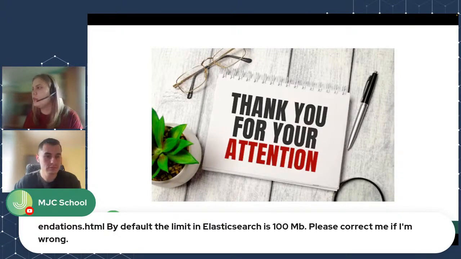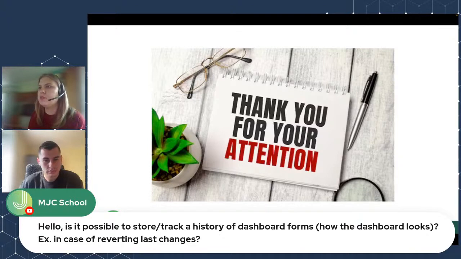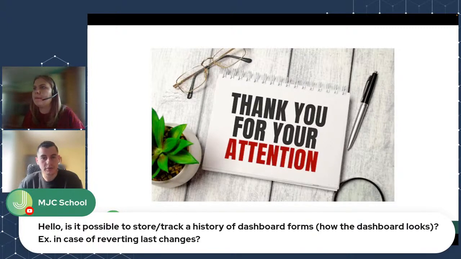Yeah, and the last question. Hello, is it possible to track a history of dashboard forms? How the dashboard looks? If we are talking about data itself, we can create a snapshot in Elasticsearch and store it somewhere in external storage. If we are talking about dashboards,